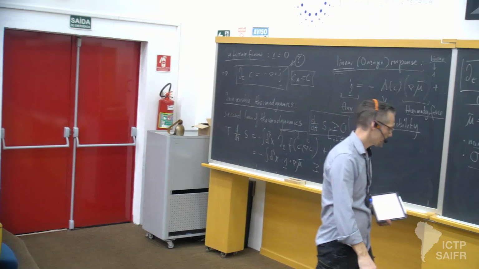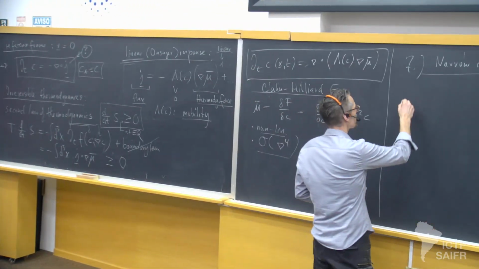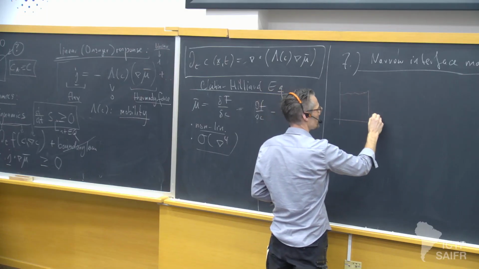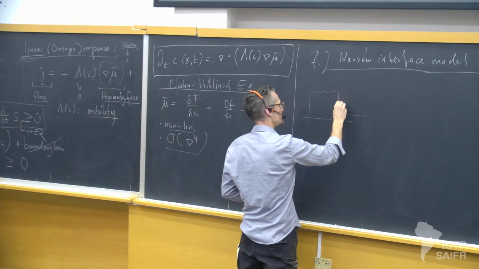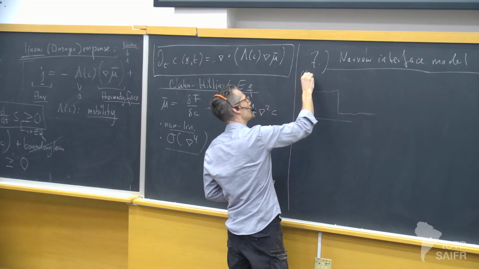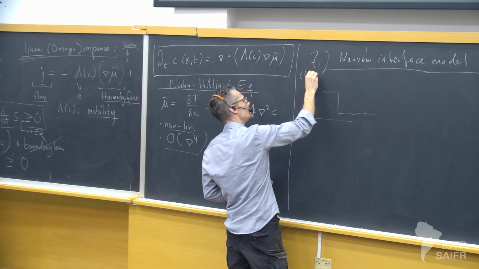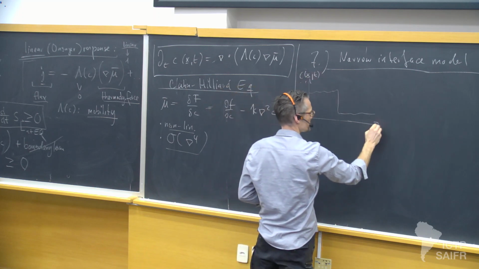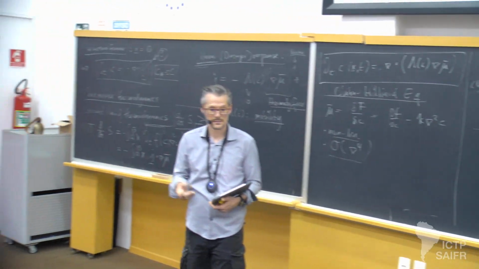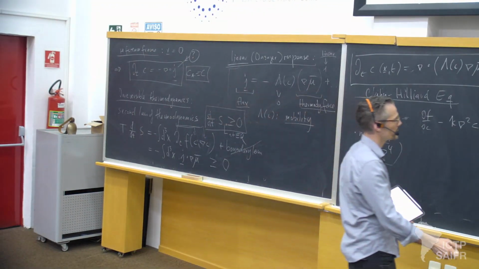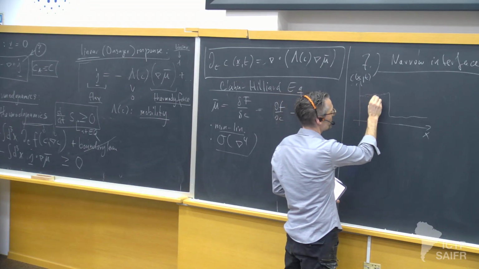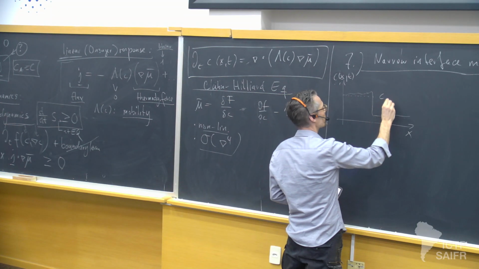So when I draw a profile, how would this typically look like? Well, you can have some gradients inside here. Let's say this is our C of x. And why can I draw it like this at a given time t? Because I know that the system has a strong tendency to create this interface. And even though there's some out-of-equilibrium dynamics, there are fluctuations or whatever, if it were not a droplet, if these concentrations were not close to the equilibrium concentration inside,